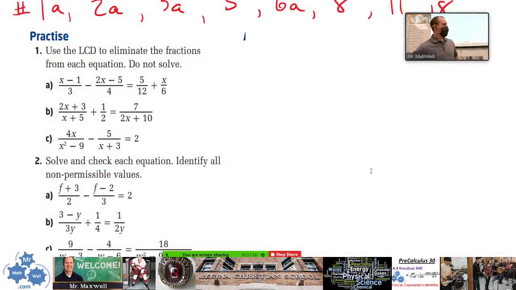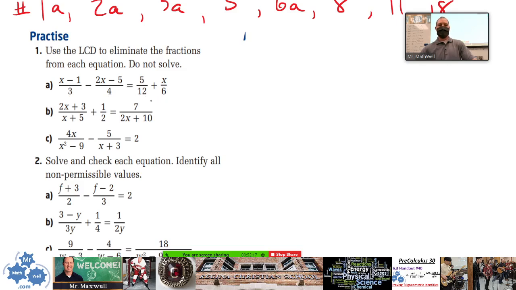Okay, so I'll just go over a few questions with you here. Just some of the first ones here. I'll do 1A with you, first one on your assignment. Use the LCD, now that's the lowest common denominator, to eliminate the fractions from each equation. Do not solve. So they're basically asking you, can you look at these denominators and spot what the lowest common